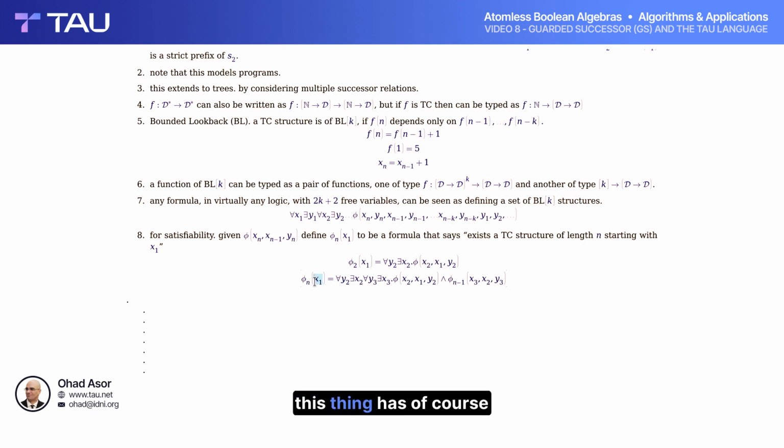Now, this thing has, of course, a free variable. So to get a final answer, I will need at each step to quantify this variable. And then if it is satisfiable, then there exists a sequence of length n. Now, when can I get the fixed point of this recurrence relation? Well, for one thing, please first note that due to monotonicity, it always has a fixed point, but maybe at infinity. Because if there exists a string of length n, then of course there exists a TC structure of